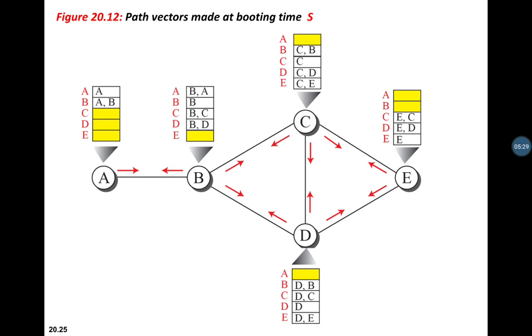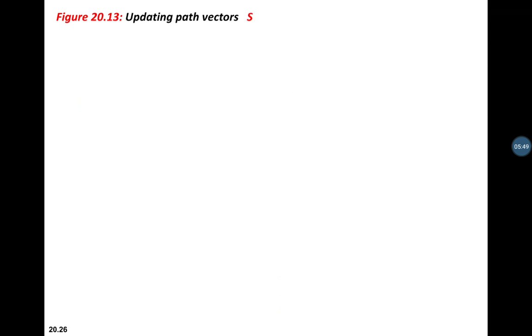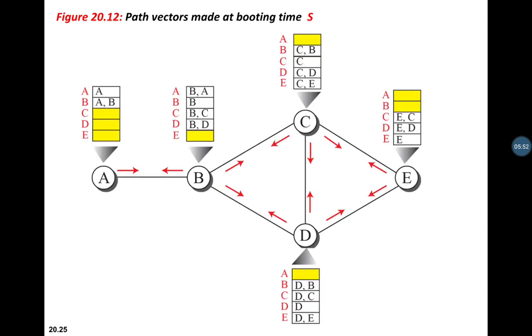As we have seen the distance vectors, then the link state database, here we have a path vector. And here also it takes the information from the neighbor and updates it. Here also for the path vector, an equation similar to Bellman-Ford is used, applying its own policy, which will be seen later. Here we can see that with respect to A, to reach B, it has to follow the path from A to B.